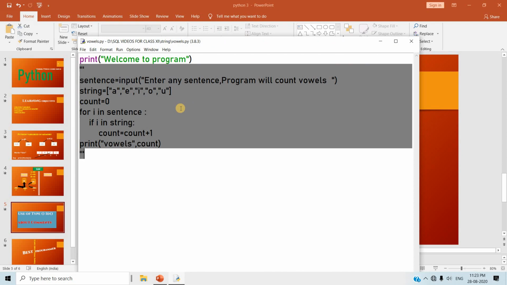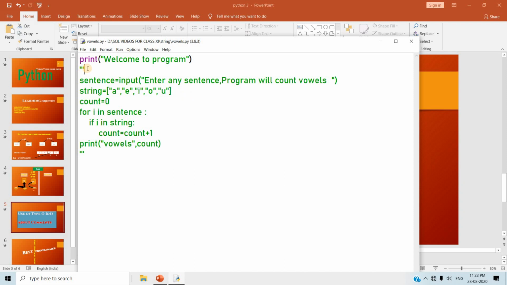And what is the use of comments in real life? Let me tell you. When you are creating a project on a railway, or a library, or any project, you need to remember for yourself what you did at that particular time. Suppose I just want to type here: this is string, just to remember myself.